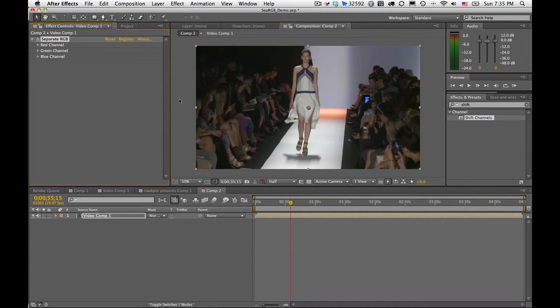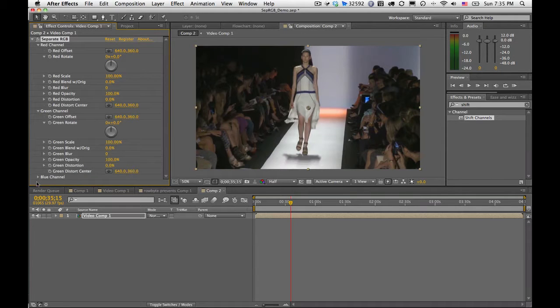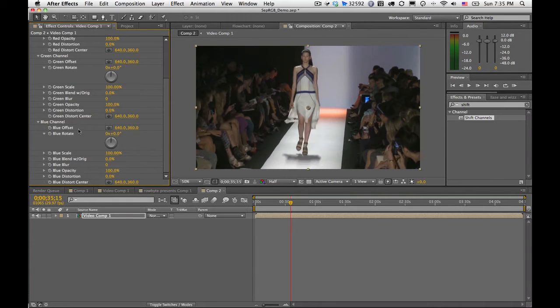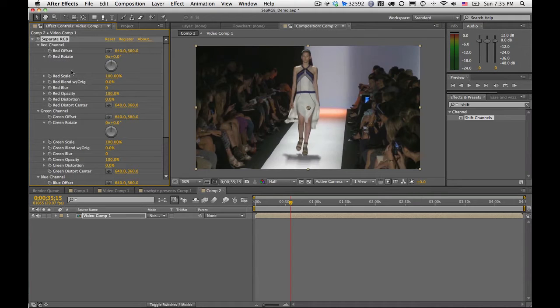It's very straightforward to use this plugin. Three main categories, one for each channel, the red, green, and blue channel. And when you open them, you'll see all the same controls for all the channels. So everything you can do in one channel, you can do for all the channels independently. All of the channels can also be controlled by keyframes and or expressions. So the first one here, we'll just go down the